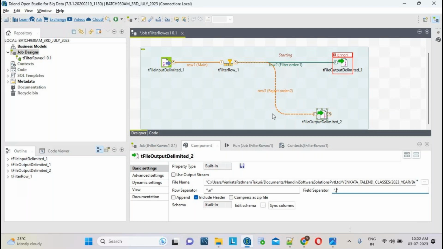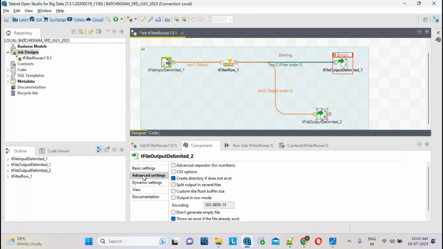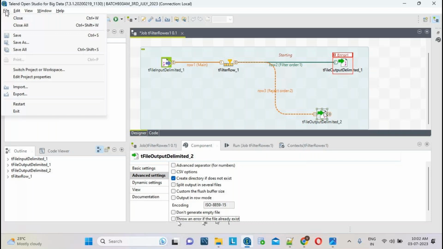So that's why I double click the tFileOutputDelimiter. Let me go to advanced settings. There is one option, throw an error if the file already exists. Let me uncheck this one. Now I have defined all the properties. Let me save the job, File and Save. The shortcut is